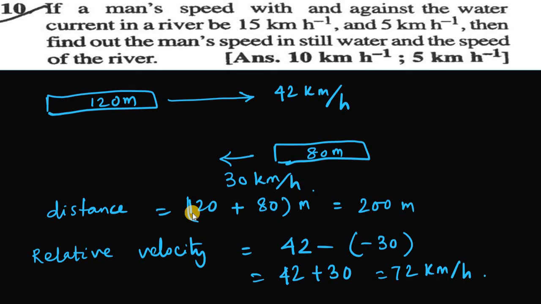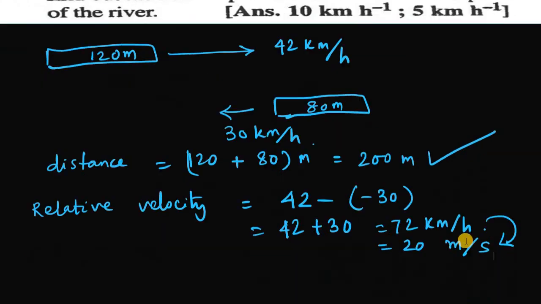And that is exactly what you don't want. You want it in terms of meter per second, because the train lengths are in meters. So I need to convert it. You need to convert kilometers to meters, and hours to seconds. That will give rise to 20 meter per second. You can handle this conversion of 72 kilometer per hour to 20 meter per second, so I am leaving it to you.